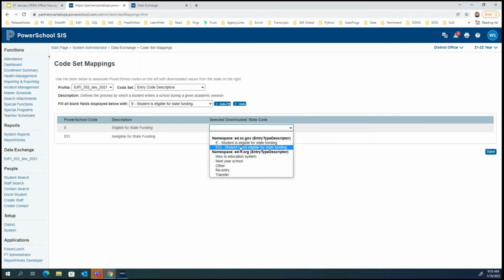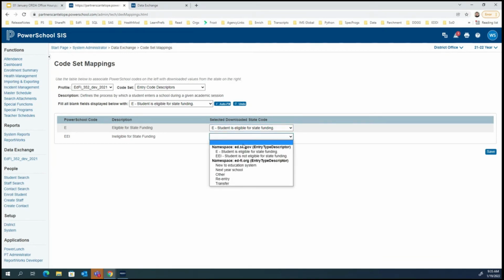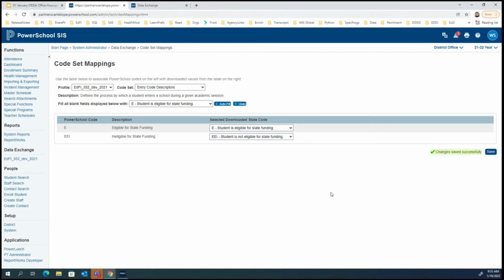But if you were to see both of those, the thing to do would be to look at the code, and if there's something that's identical, just pick that. So you see why I said it's kind of annoying, because it seems like, why do I have to do this? But it actually helps to ensure that things that could vary within a district do in fact match up appropriately. So we select E, we select EEI, easy. That one was a pretty easy one, and then I can save that.